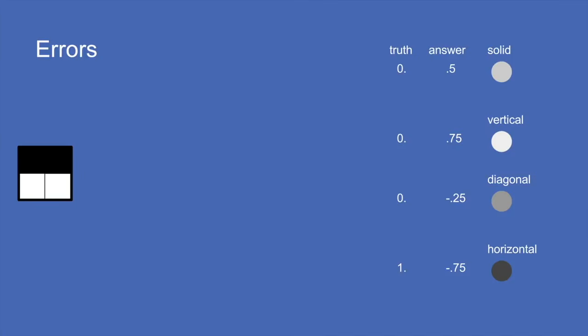They might be off by a little or a lot. And then the error is the magnitude of the difference between the truth and the answer given. And you can add all these up to get the total error for the neural network. So the whole idea with learning and training is to adjust the weights to make the error as low as